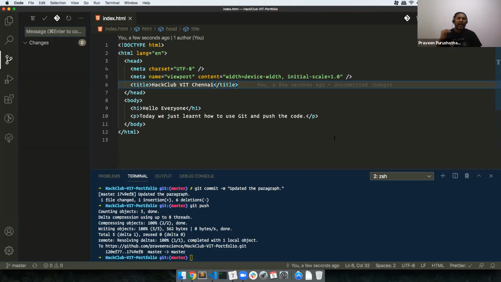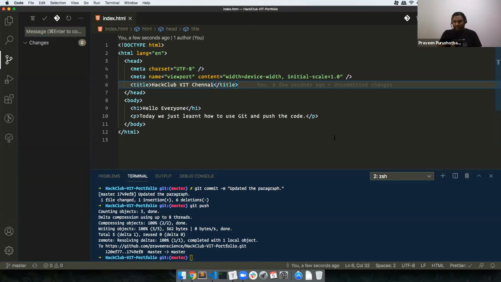Prasad, I did not say we should never use live server, but this is my personal preference of using a PHP based thing, because the main reason is live server will inject code into your site. I don't want to do that. I want to use my own code. So that is the reason.